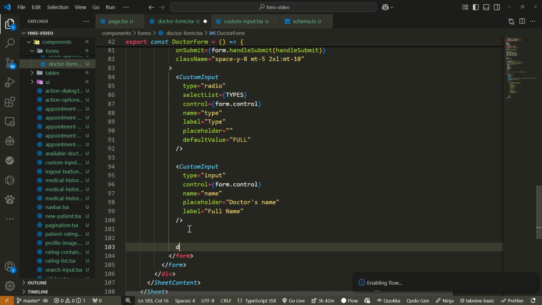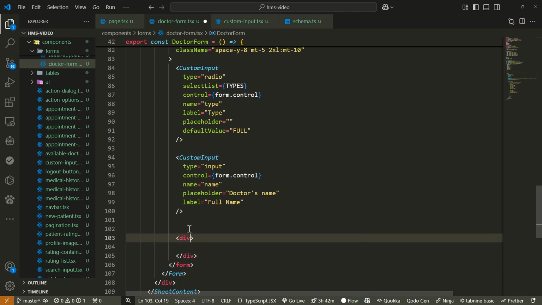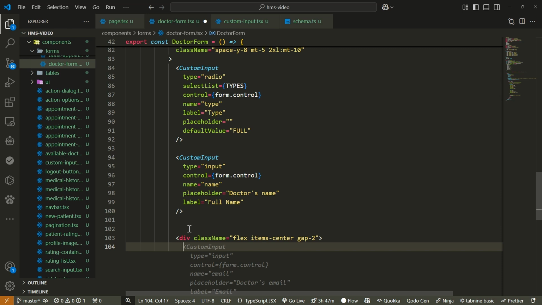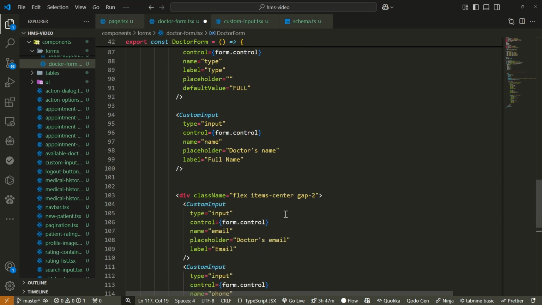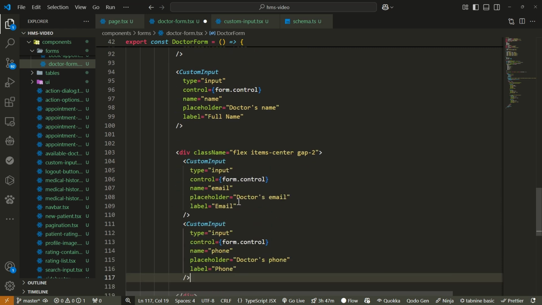And the next one, I'm just gonna have a div. Class, I want it to flex, items center, and a gap of 2. So inside I am going to say, okay, I have a suggestion. So I have 2, so I'm going to show 2 things, right? This time I want it to be a select,